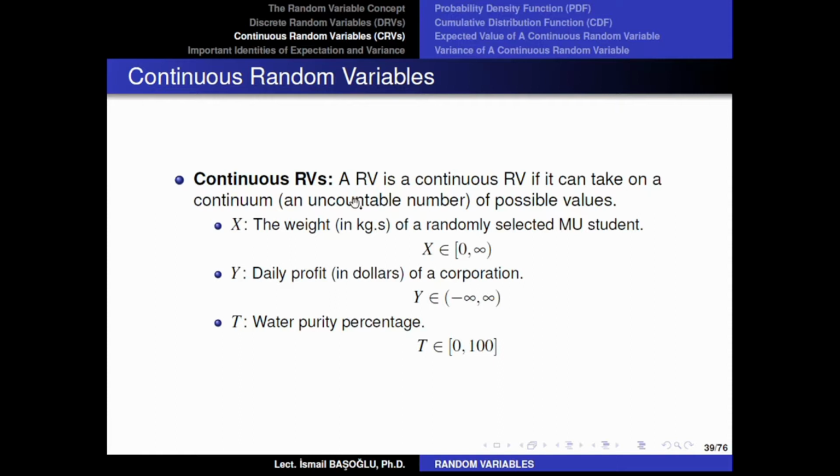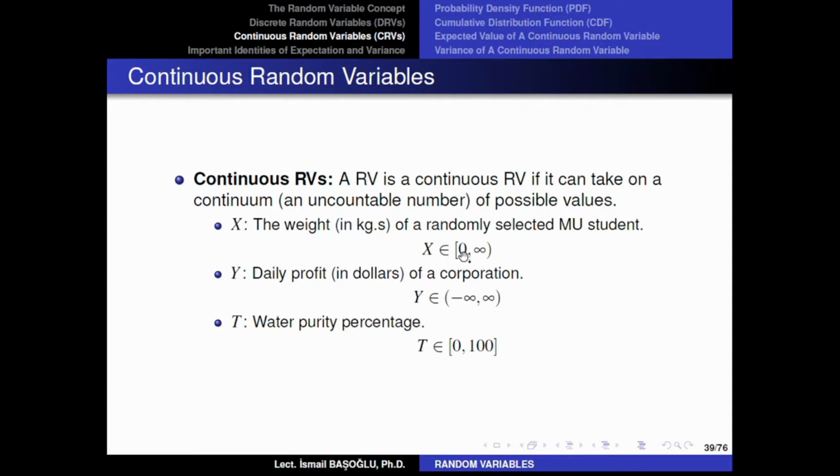However, if you focus on this example, let's say X represents the weight of a randomly selected university student in kilograms. Now, this X value theoretically is a value between 0 and infinity, right? Somebody weighs in kilograms with a value from 0 to infinity. The weight of a human being does not just take integer values. If you have a sensitive device that measures the weight of a human being, then the weight can take any possible real value from 0 to infinity.